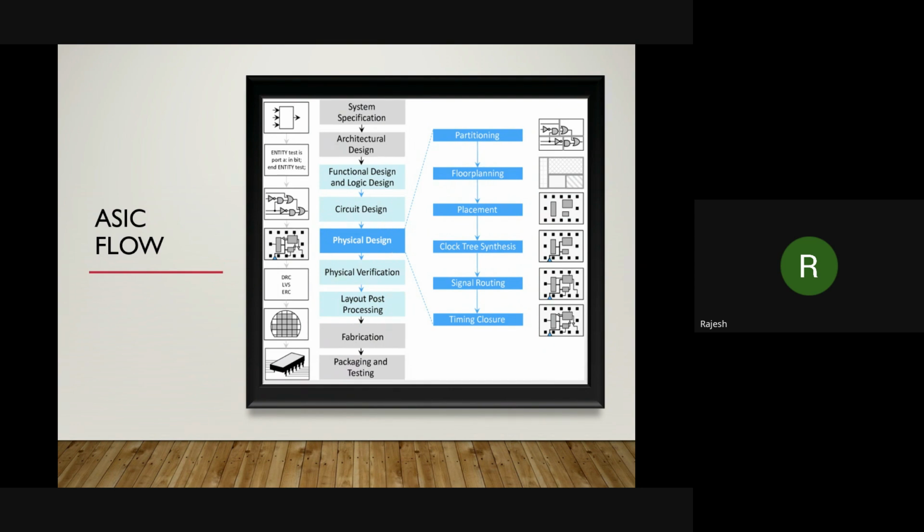And next one is functional design and logic design. That means whatever the features, whatever the specifications they have decided already, for those specifications they will try to implement a functional logic. That means they will try to implement code, Verilog code. They are writing code for the circuit, whatever circuit we are going to build,